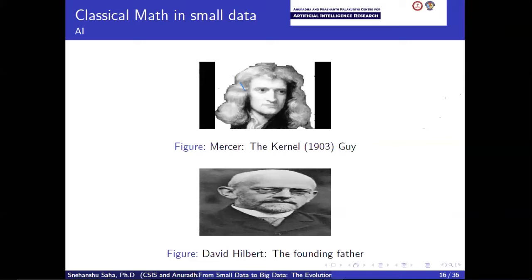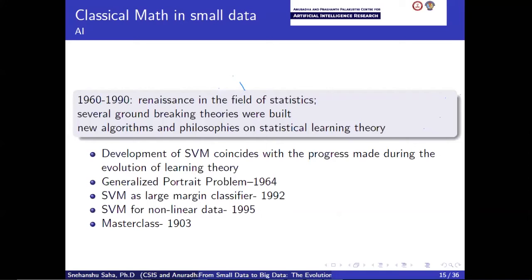One of them is David Hilbert, the founding father of modern mathematics. And much before that is Professor J. Mercer. He was a peon, by the way, in the post office. This guy wrote a paper in 1903, a very, very abstract paper. But Vapnik found out there is some relation between what he was doing and what this guy had done 61 years before he started working on this problem. And he immediately put it to use. That's why I call this a master class of 1903, which was later used beautifully to solve nonlinear margins.